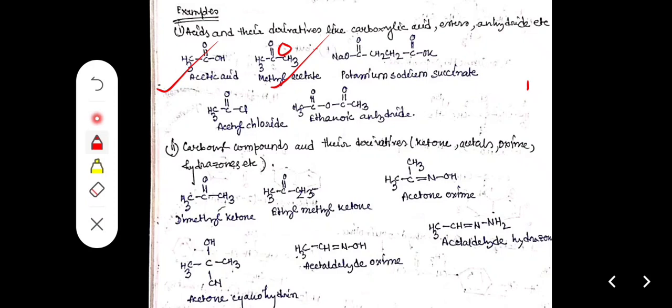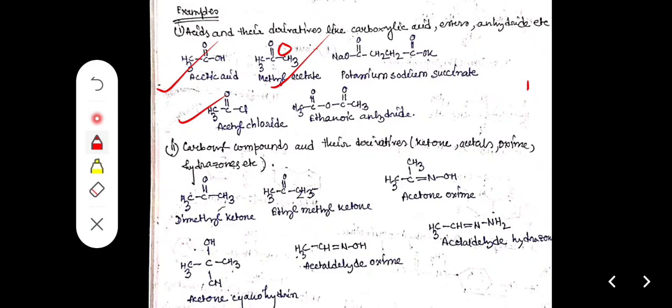Next one, acetyl chloride, that is CH3COCl. If OH is replaced by chlorine, we can say acetyl chloride, as there is CH3 as the alkyl group. If CH3 is not there and R is there, we say that is acid chloride. Acid chloride is a general term, and the name varies due to variation of the R group. Next one, ethanoic anhydride,